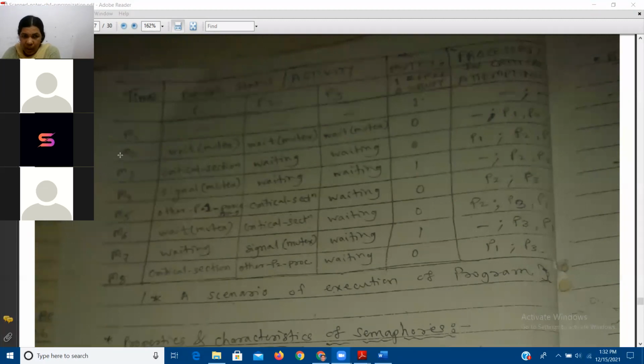So first of all, these three processes will be trying to execute the wait operation, wait mutex, maybe according to the scheduling algorithm. So the critical section entry chance will be given to process P1. So it will go through the critical section. So the remaining P2 and P3 will be in the waiting state. Once P1 has executed inside the critical section, P1 will come to the exit section and execute signal mutex. While it is executing the exit section, again P2 and P3 will be in the waiting state. And once the exit section of P1 is over, P2 will be in the critical section.